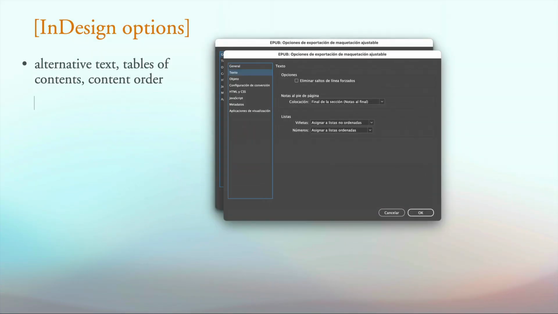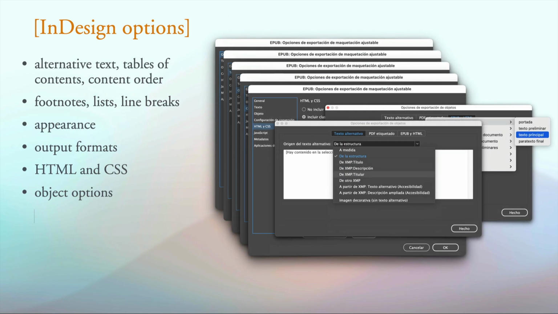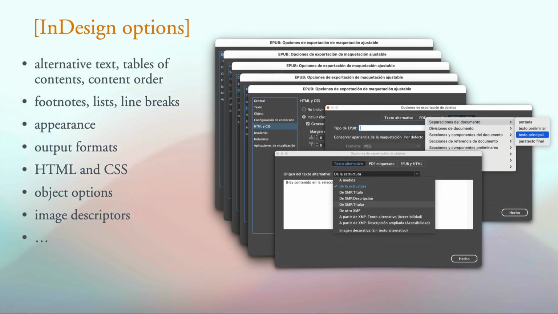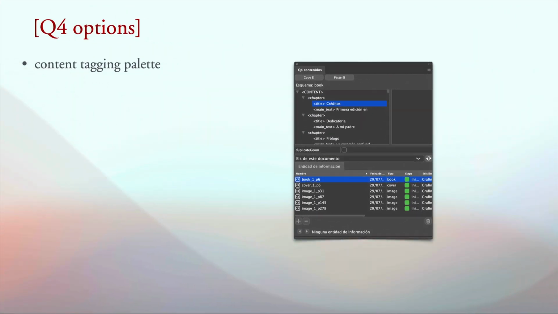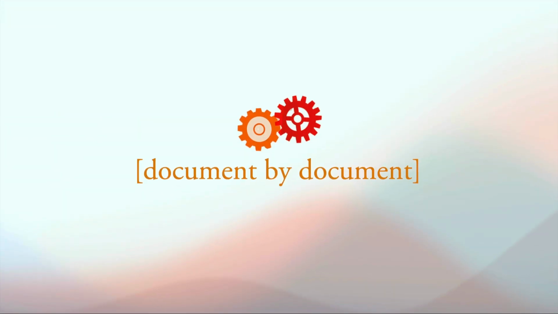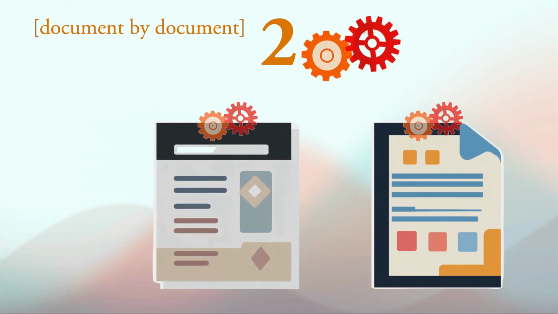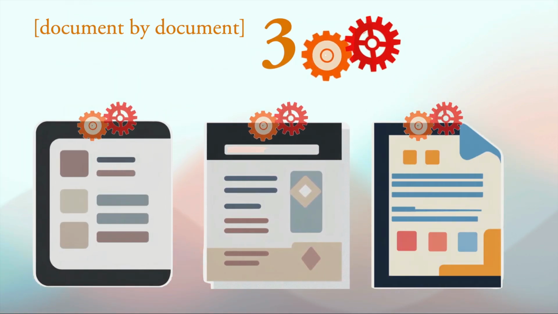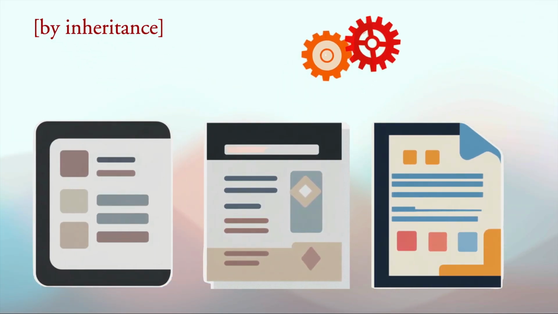InDesign offers almost all the necessary tools and options to create a highly accessible ePub. Since it is a generic tool, all options are visible, and all options must be specified. However, with Q4, the editorial system, only the essential tools are visible, as the rest of the configuration resides in the production line. The difference between both methodologies is that in InDesign, most options need to be set up for each individual document. Whereas in Q4, the setup is done once for all publications and is applied simply by tagging